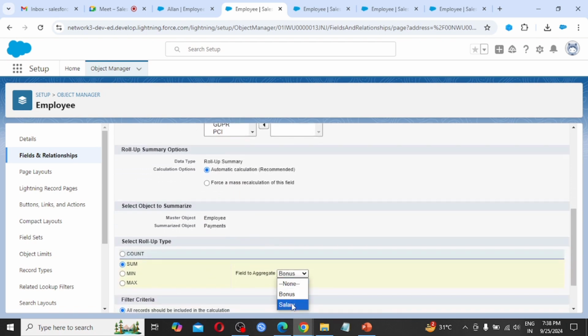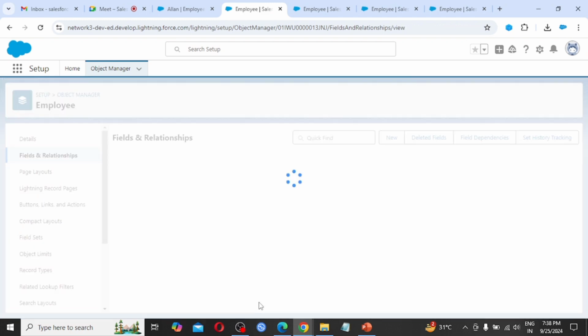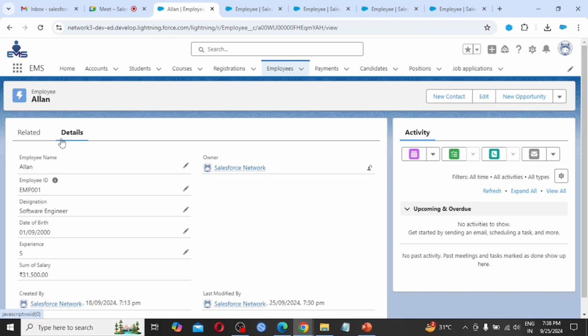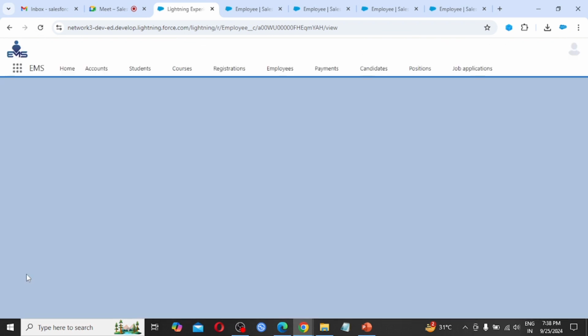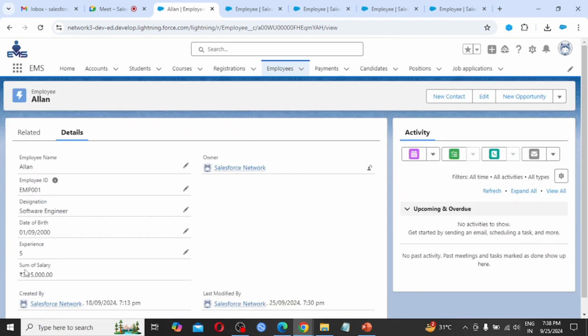Click salary and click on save. Now it is going to display the correct information according to the field value. According to the heading sum of salary, it is getting the sum of salary.